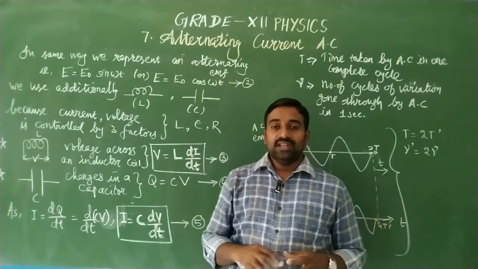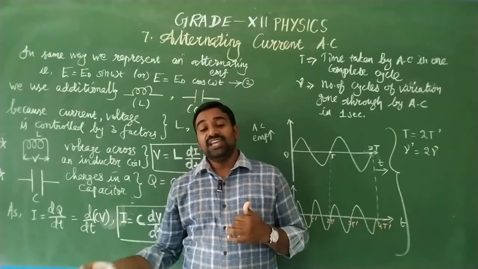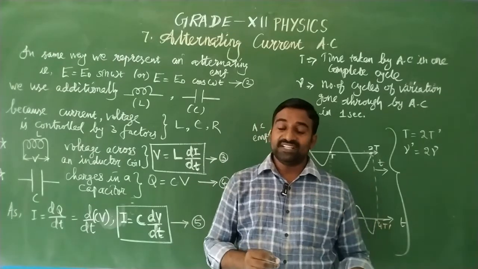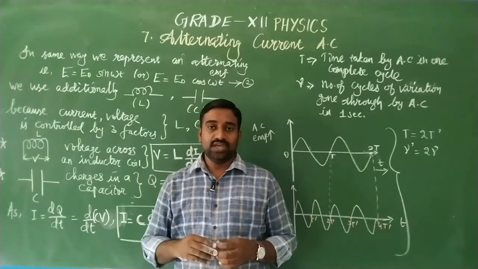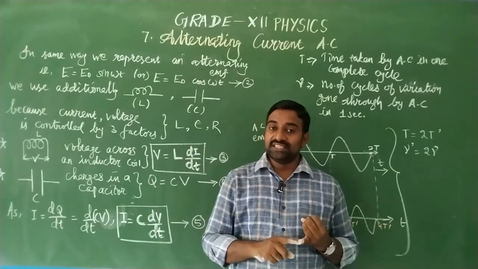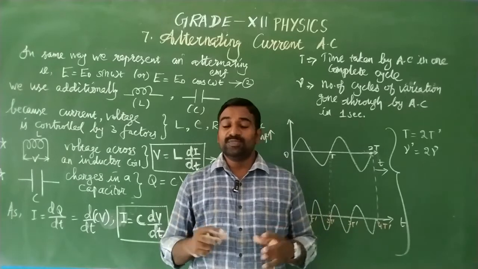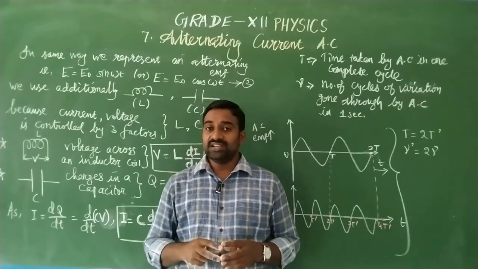Okay. And next one, AC current can be easily changed from one form to another with the help of a transformer, that is a step up transformer and step down transformer. So we can change the voltage. That is a very important thing in AC. Then second one, AC current can be transmitted over a long distance without much loss of energy. Because of that, worldwide we use only alternating current.